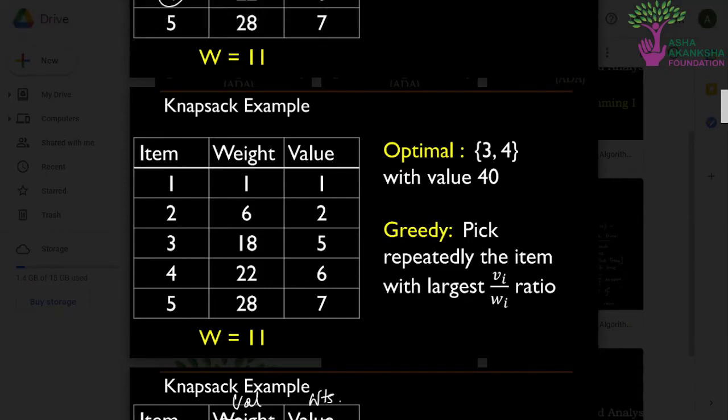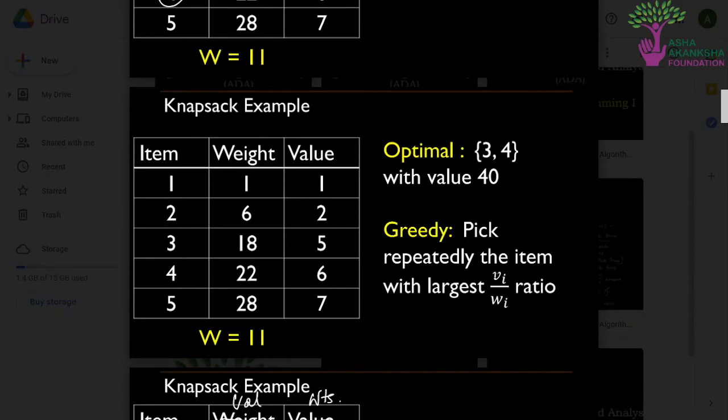The greater the value of this ratio, it means that for a particular item, the value per unit weight of that particular item is very large, which implies that for a single unit of weight, each item has a very large amount of value. So this is the greedy ratio that we are considering.